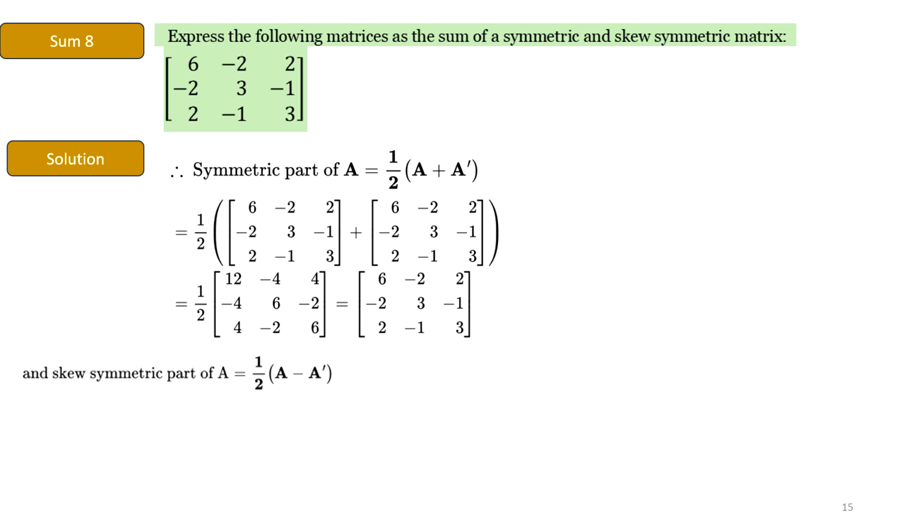Similarly, applying the same logic as explained in slide number 7, skew symmetric part of the given matrix can be computed as half of A minus A transpose. The resulting elements of the skew symmetric matrix will be